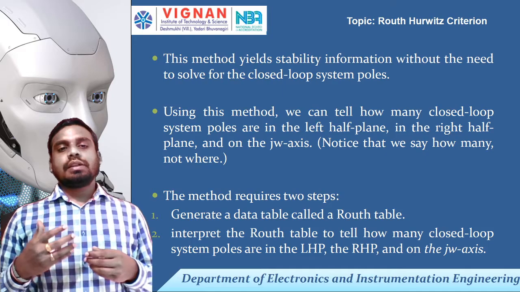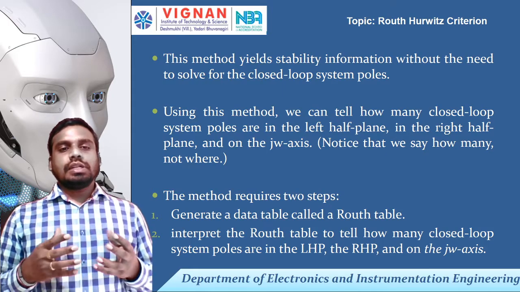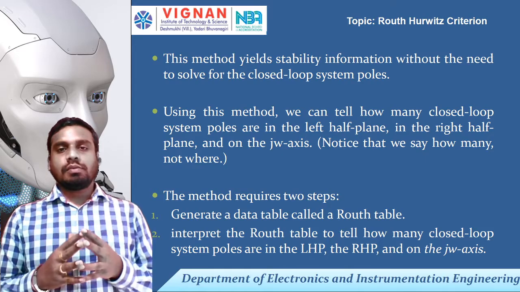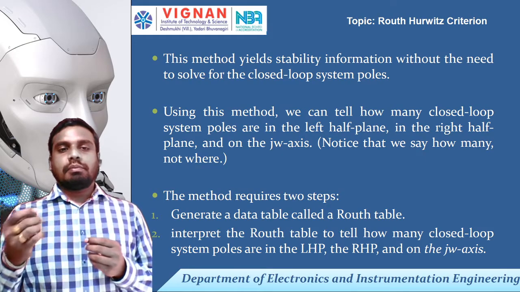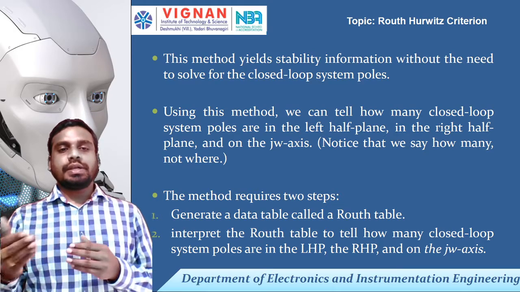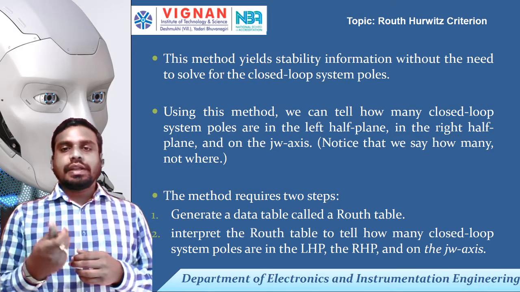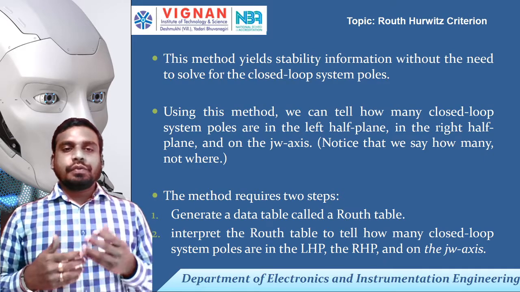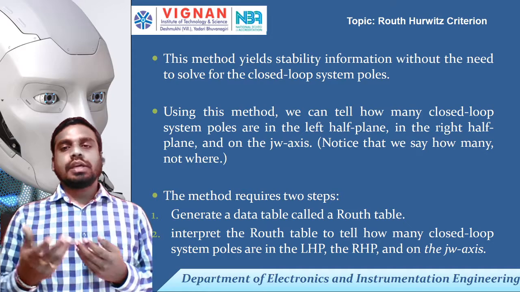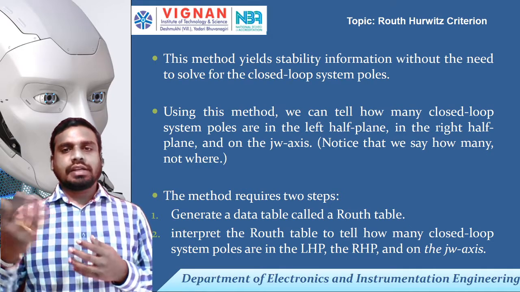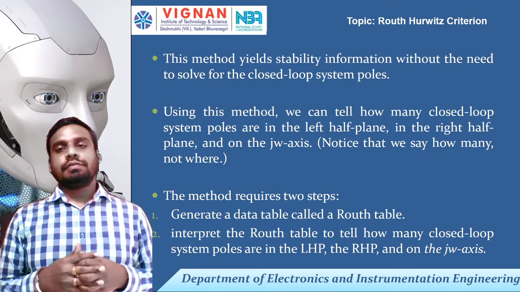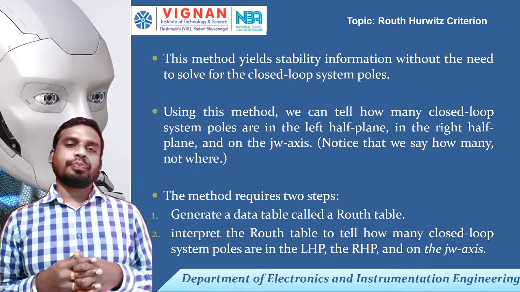Basically, while estimating the stability, whatever we have seen till now is that if we have a transfer function in pole zero form, then by checking the denominator factor, that is the characteristic equation, and equating it to zero, we can get the poles of the system. If the order is higher, more than 5 or 10, it is very difficult for us to estimate the system stability using the pole zero form.